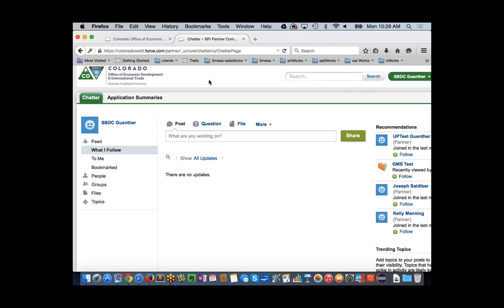We wanted to make it easy, and there's only 2 tabs that we have. The first one is the chatter tab, and that's really kind of the collaboration platform where you can follow your coworkers, you can follow George or Jeanette or myself, you can post questions to them, ask information about certain applications, and you can also follow certain applications. Let's say there's a problem with one and you want to be updated on what is going on with this application. You can follow that as well, the same way you would follow a picture or something like that on